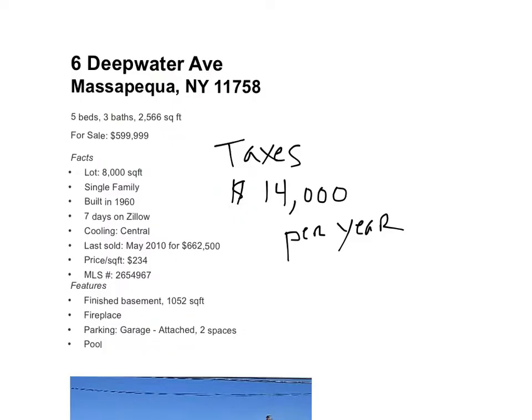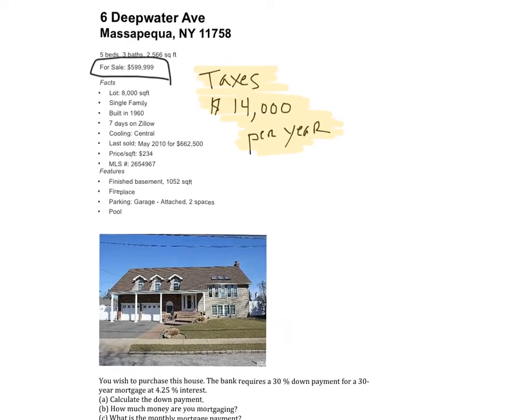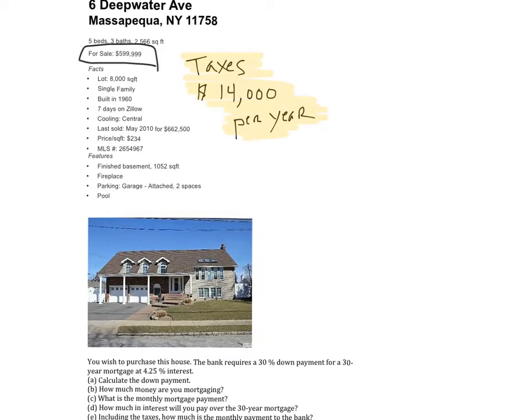So our next problem, we have a house in Massapequa. It's for sale for $599,999, and the taxes are $14,000 per year. And we want to go through the entire mortgage process for this house. So we found a bank, and the bank is requiring a 30% down payment, 30-year mortgage,